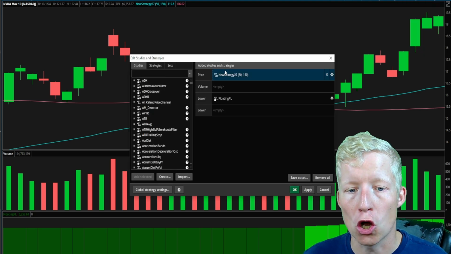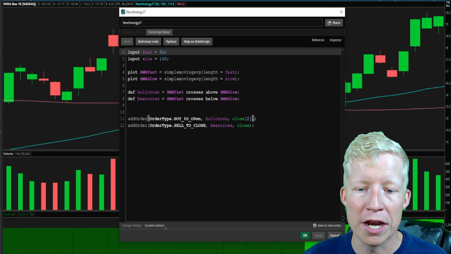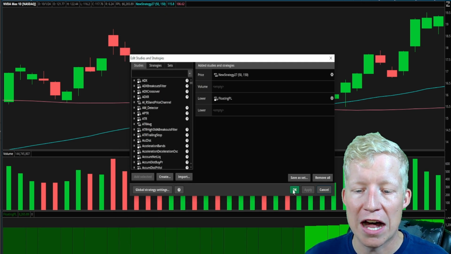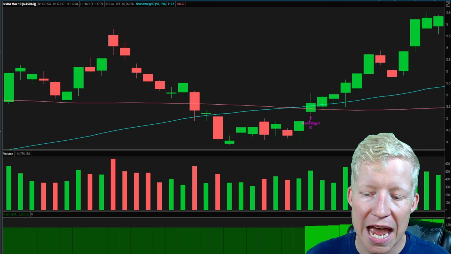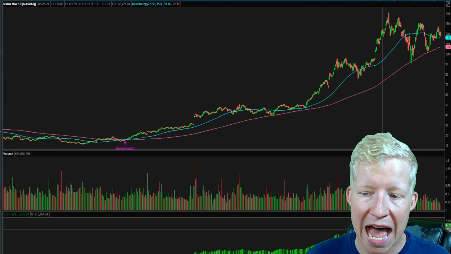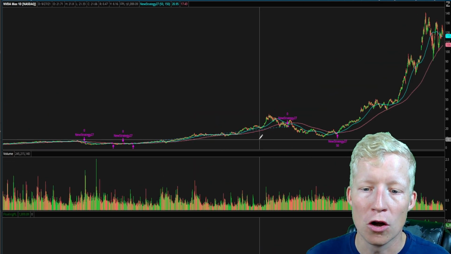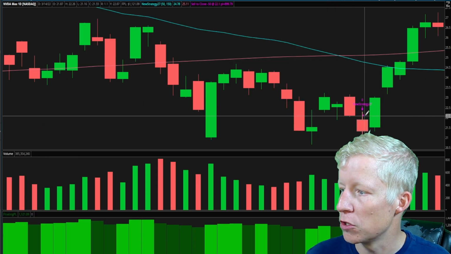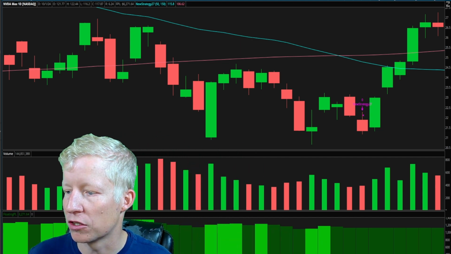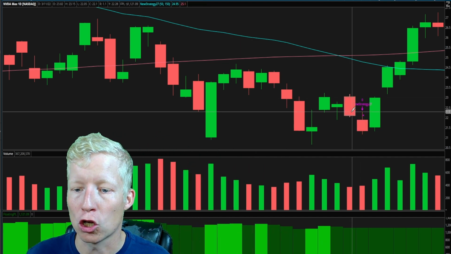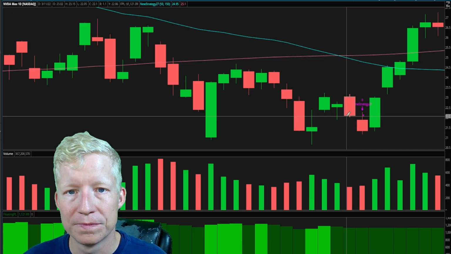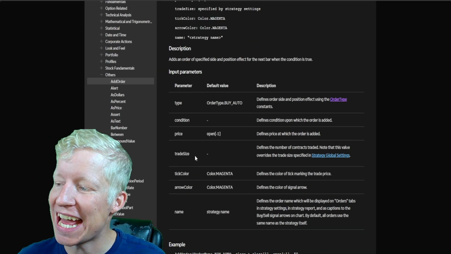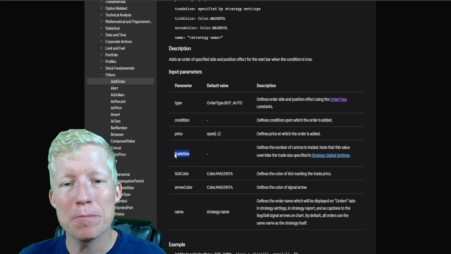So just because the code is still showing on the next bar, since we have it set to close, the value is actually entering and, of course, exiting at the close of the bar where the conditions are returning true. Here, you notice the sell arrow, the little sideways arrow, is at the close of this bar. You may have looked ahead a little bit on the add order parameter list and seen that the next parameter